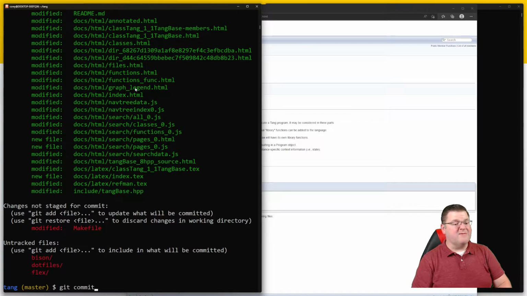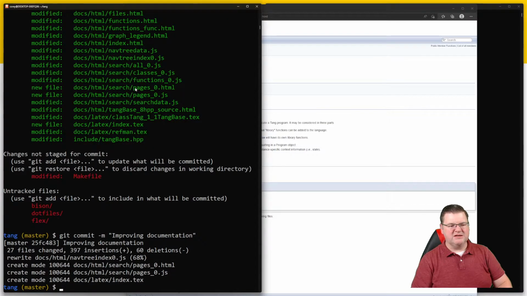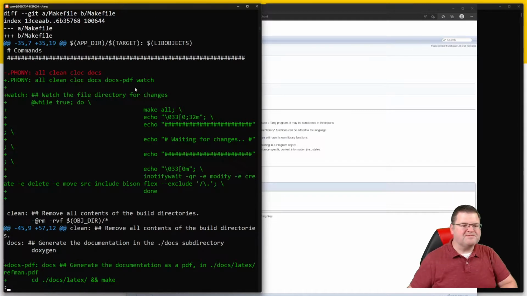Okay, now I'm going to commit this and just say... and what else was there? Oh, there's a license. No, that's fine. Improving documentation, that's fine. And now, what did I change in the makefile? In the makefile, here we have, first of all,